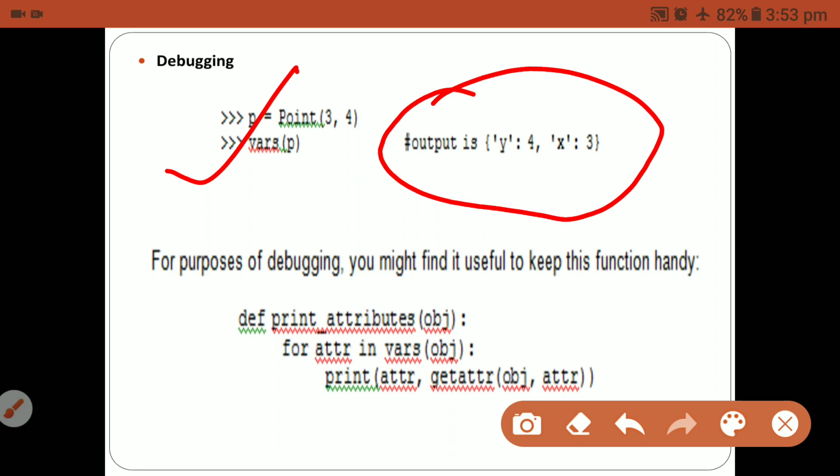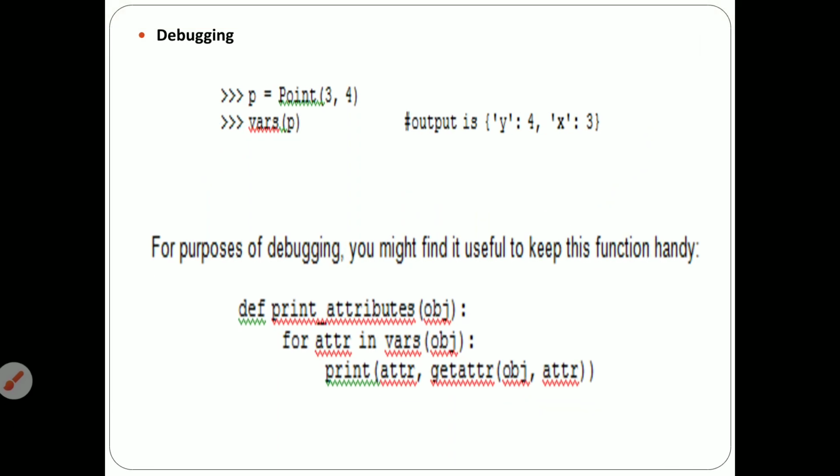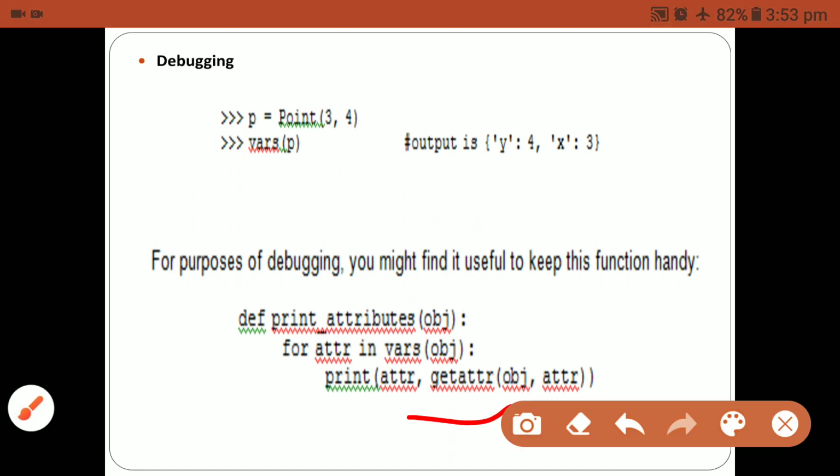And next, on the other hand, in the debugging function we are using def print_attributes(object): for attribute in vars(object): print attribute, getattr(object, attribute). Here print_attributes will traverse the dictionary to print each attribute's name and the corresponding value, and getattr is one of the built-in functions. It takes the object and the attribute name, which is a string, and it returns the value.